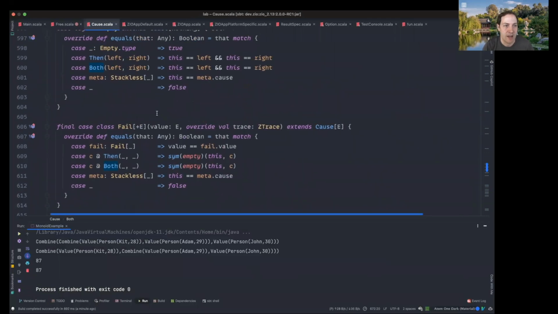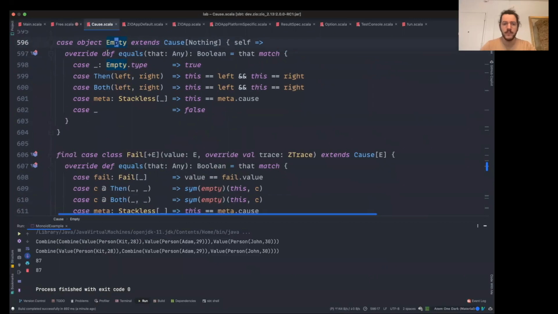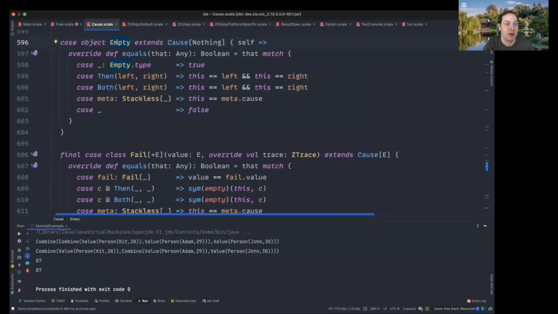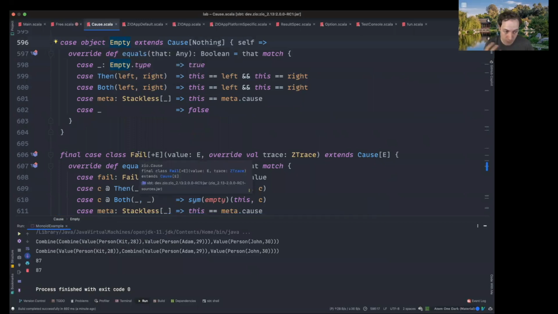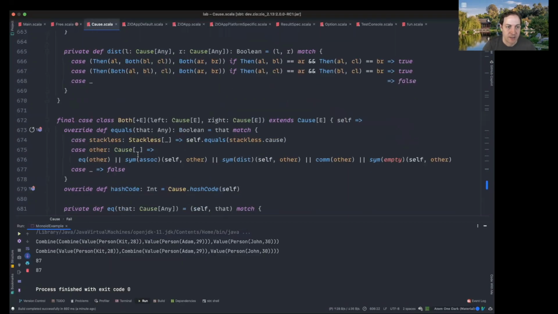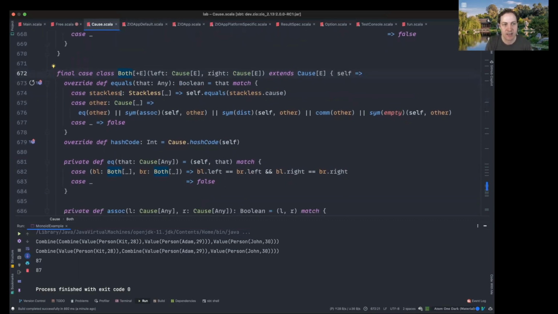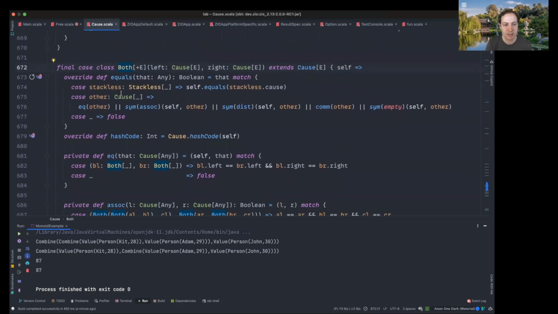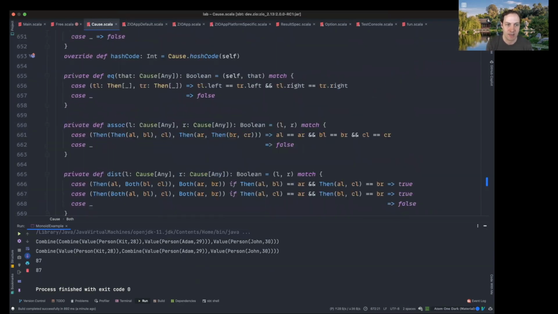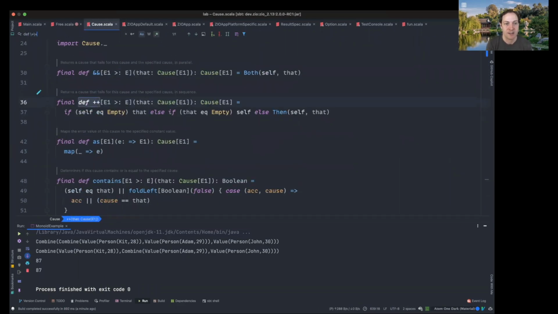And then we've got Cause.empty, right? Which in this case is our identity for our little free monoid thing here. And so this is supposed to be associative, and it's supposed to have an identity element. One way you could do it is to have the data structure inherently reflect that. But the other thing you can do is implement the operators in a way that reflects that. So if you look at the implementation of Cause here, there's actually a decent amount of work